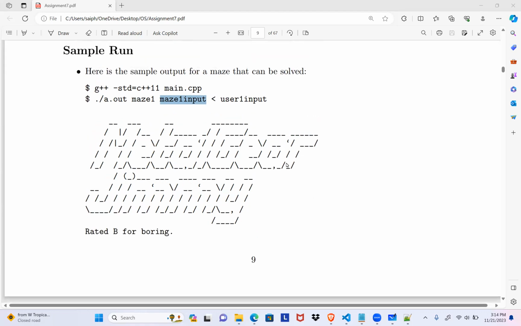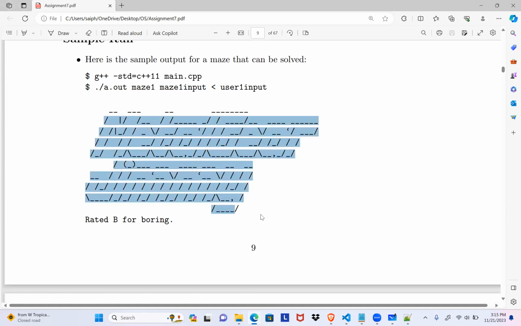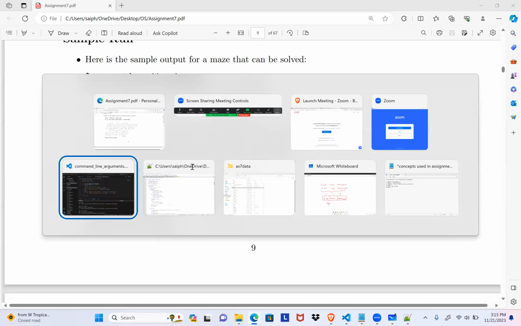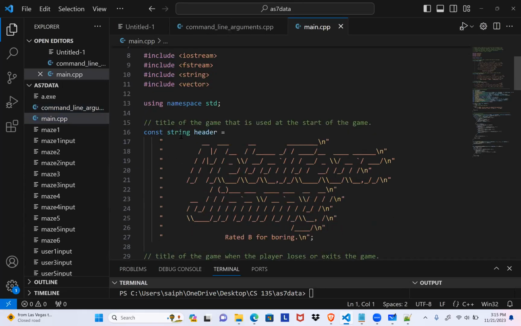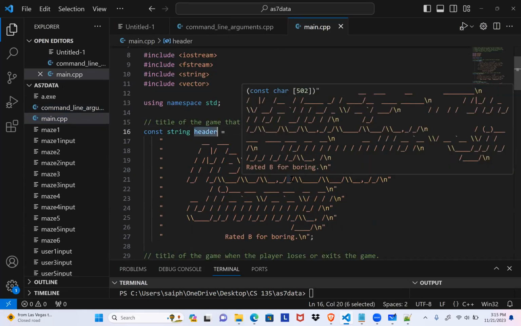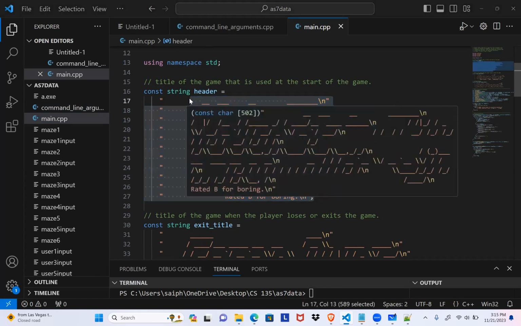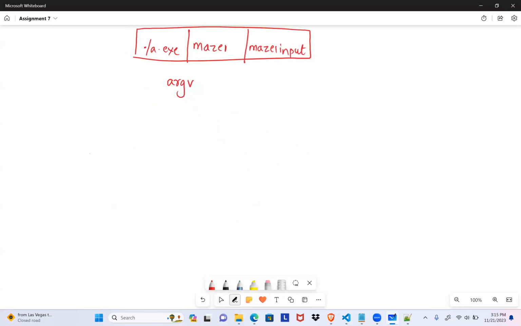happen first. So the first thing that our main program should do is give us a welcome message in this format. A welcome message has already been designed for us, so all we need to do is use that welcome message appropriately. For instance, the string header contains the header message that needs to be printed out. So the moment we run our program in this format,